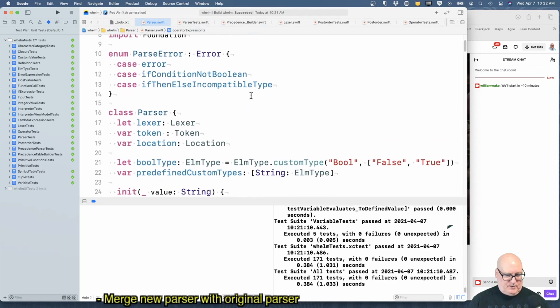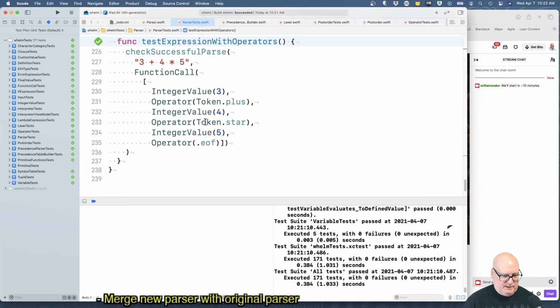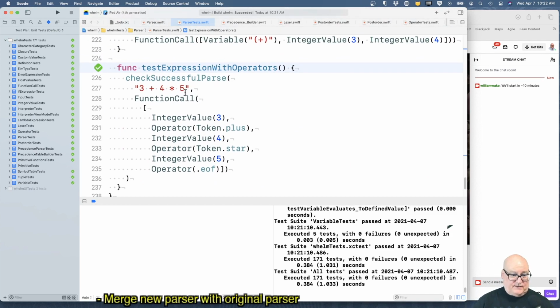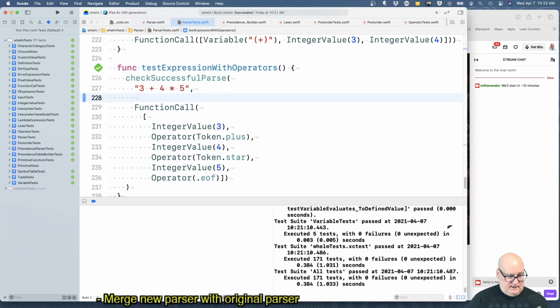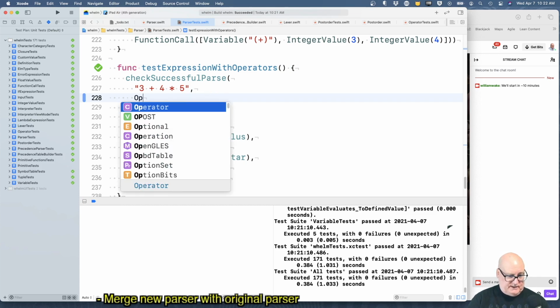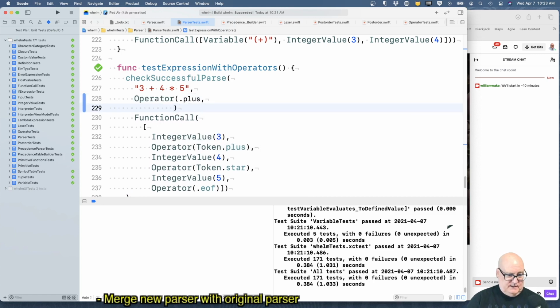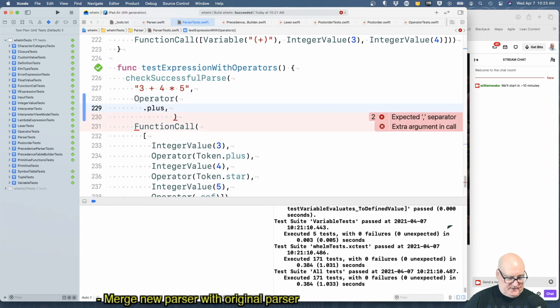Okay, so I think again we're going to be modifying this. So we don't want a function call. 3 plus 4 times 5 should be, well, the precedence is 4 times 5 first, so we have to put the plus on the outside of that. So the operator is plus. I want a specific nesting. All right, so the left-hand side is the integer value 3.